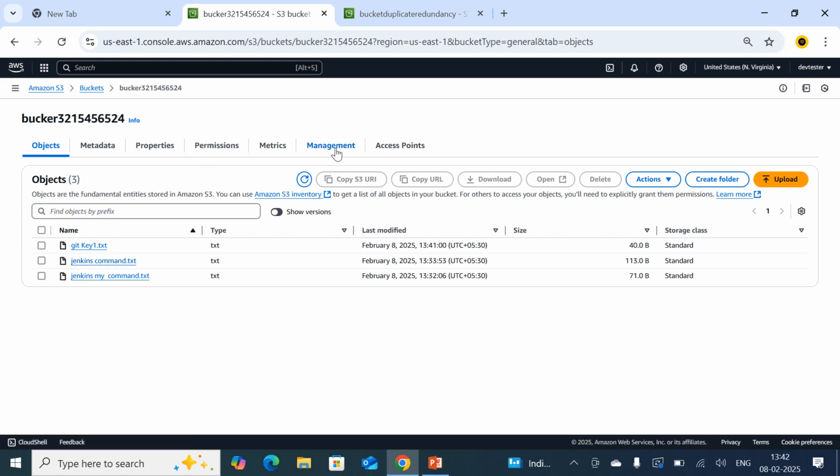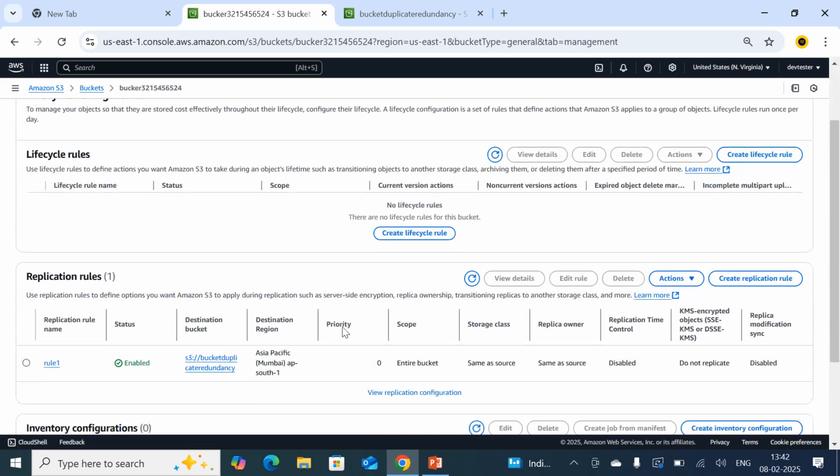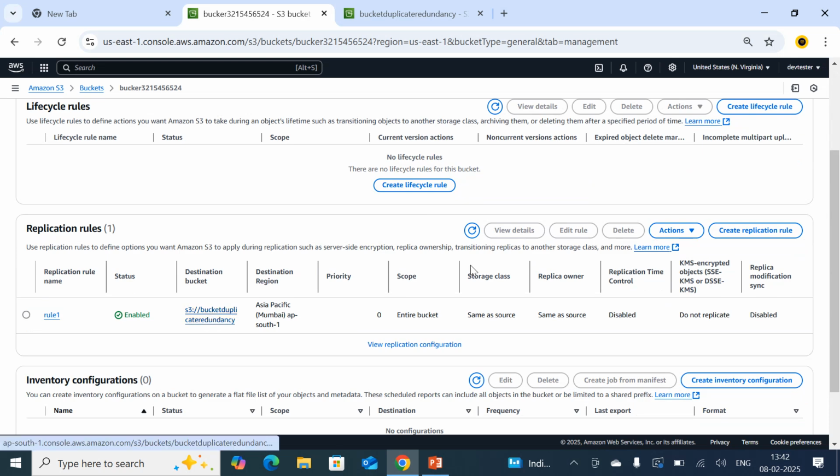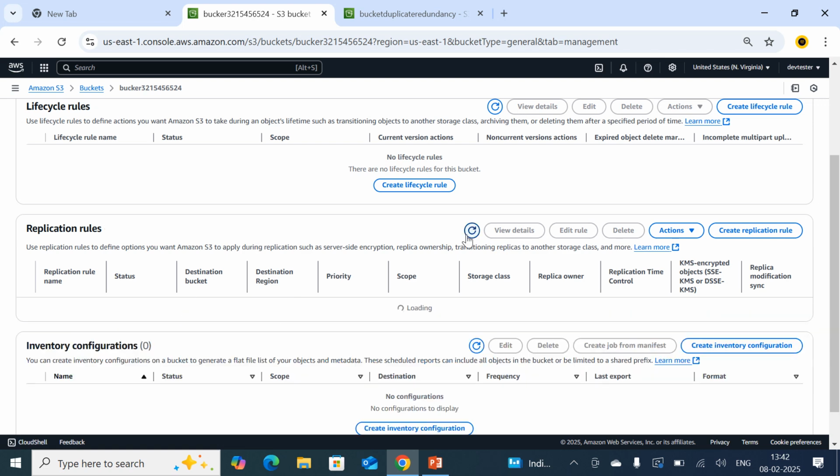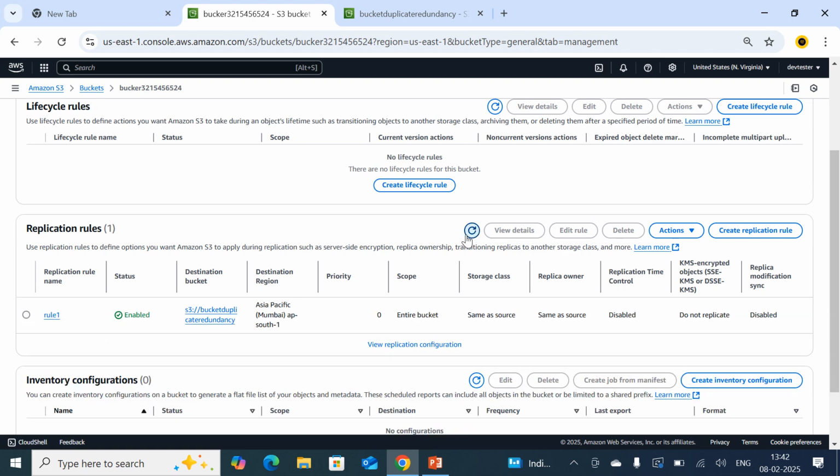Yeah, here I have the management tab. So here the replication rule: replication time control disabled, entire bucket same as source. Okay, so the rule one, the status is enabled. The scope is entire bucket. Earlier we didn't have any replication rule, but right now we have the replication rule.